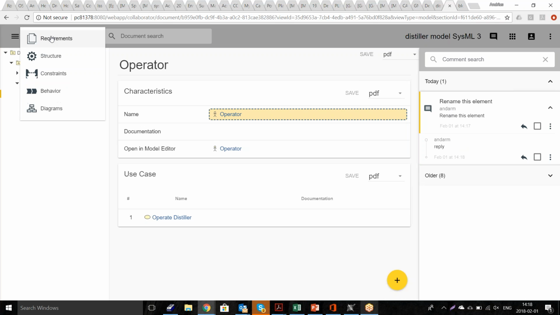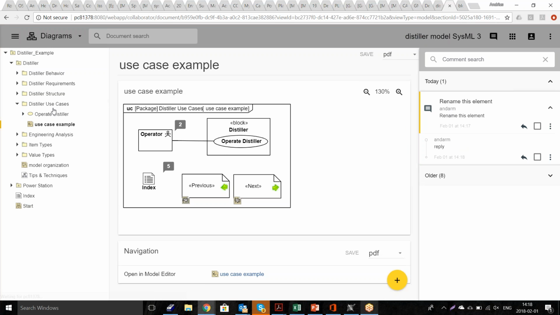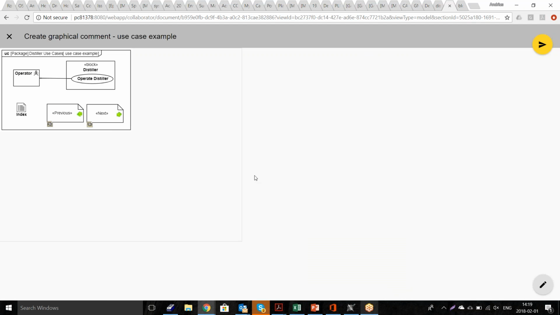And now if we go to the diagrams view, I will show how to comment on diagrams. So let's hit the same button, add comment, and select the diagram. And a separate view gets opened for me. And I can choose colors which I want to use. I can choose from different shapes. And I can say, for example, please remove